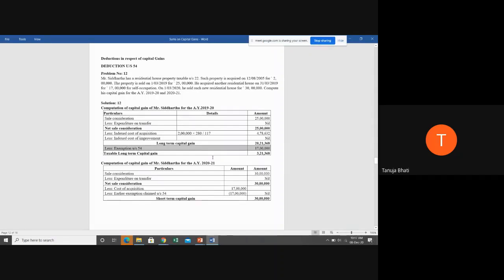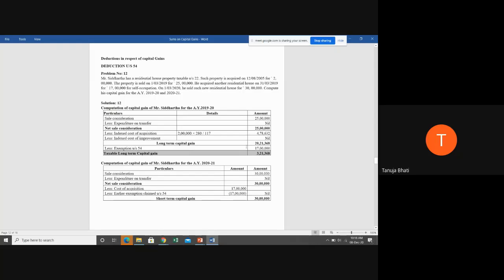And what is the amount of exemption, students, we have seen? That is, exemption will be the long-term capital gain or the cost of the new house that is acquired, whichever is lower. So which is lower? The long-term capital gain of 20,21,368 or 17 lakh. 17 lakh is lower. Therefore, the exemption will be the lower of the two. So minus 17 lakh,